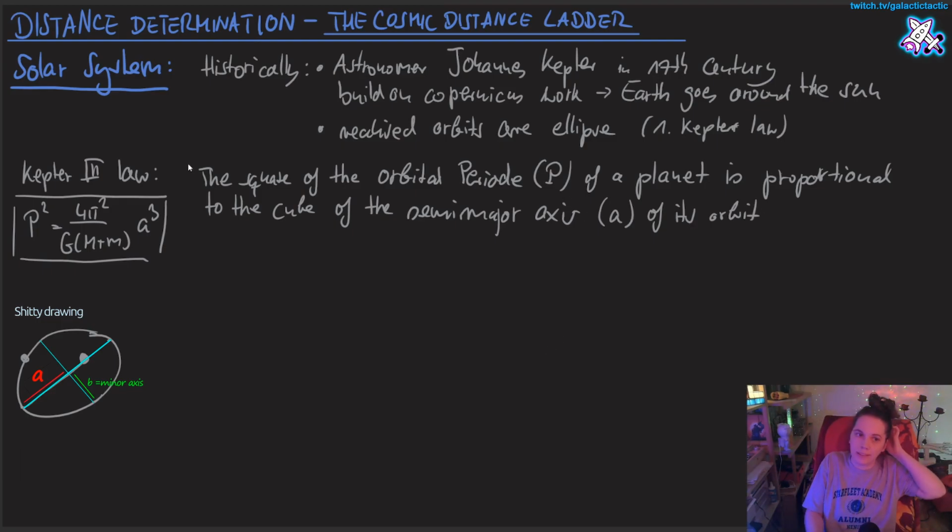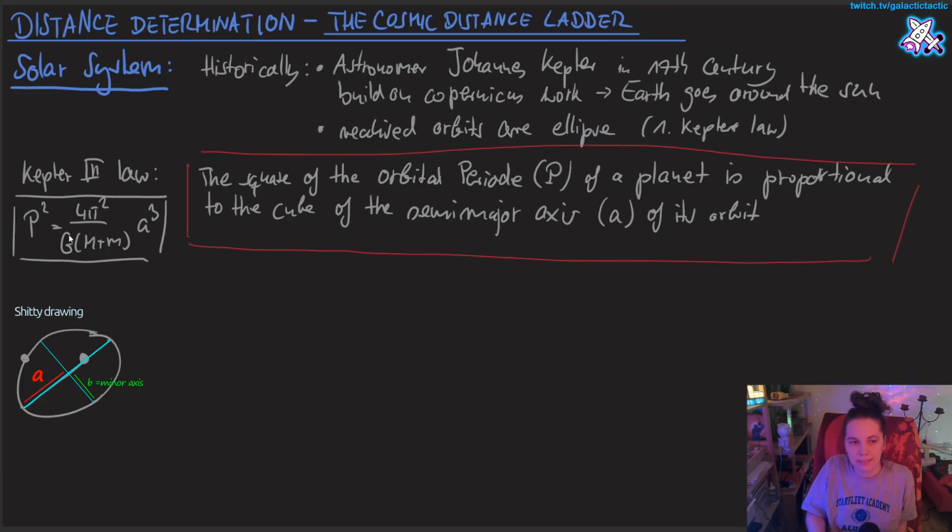So that is the law, Kepler's third law. But this is the gravitational constant, and the big M is the mass of the sun, and the small m is the mass of the planet, right? And what we do with this is we can compare it to our Earth. Let's write it down here again. Now you get a good idea how all this works.